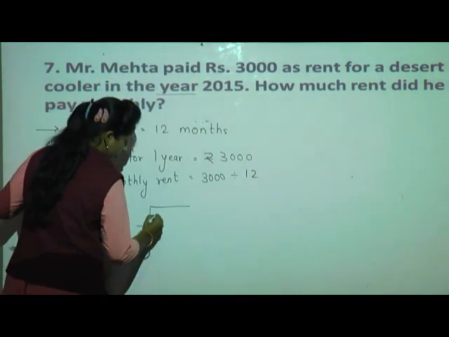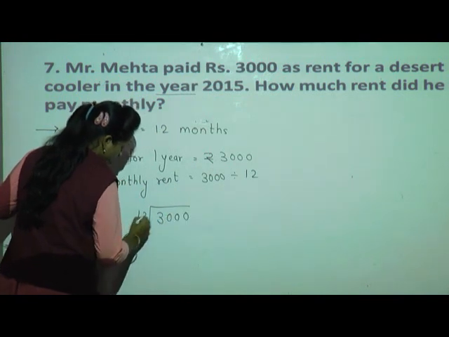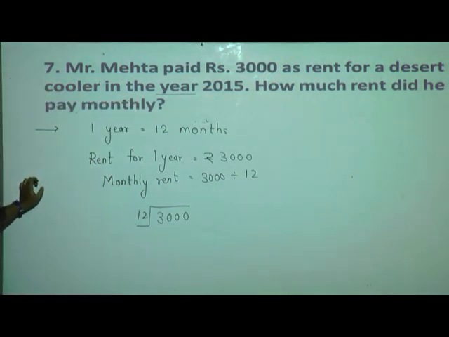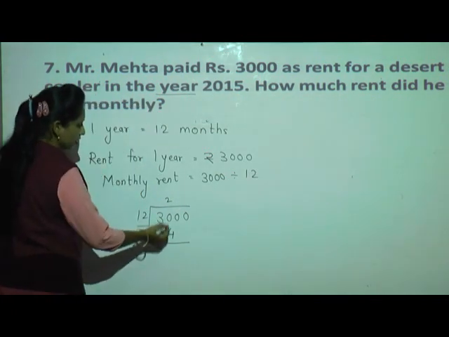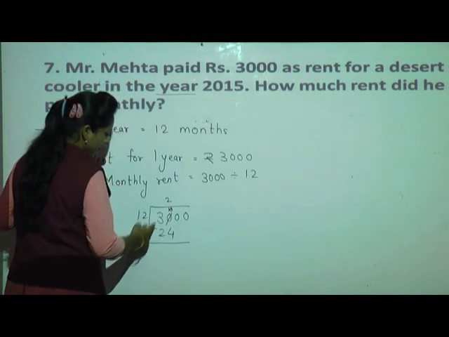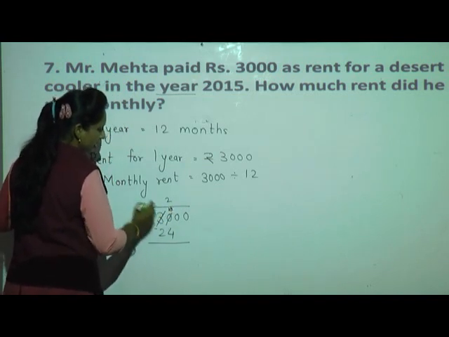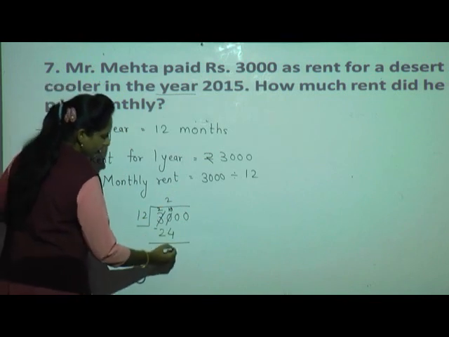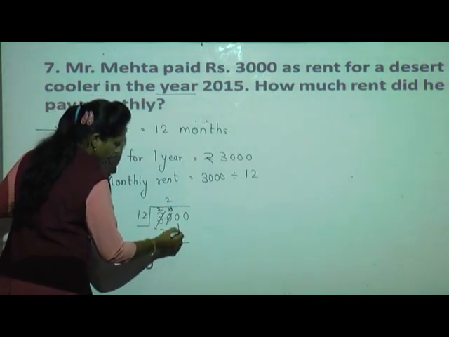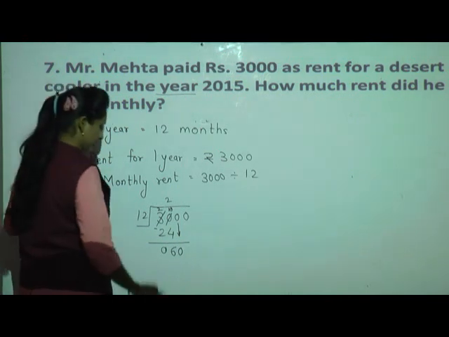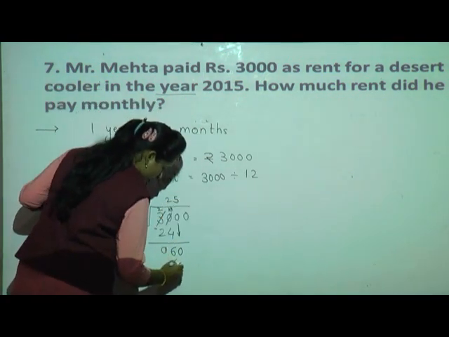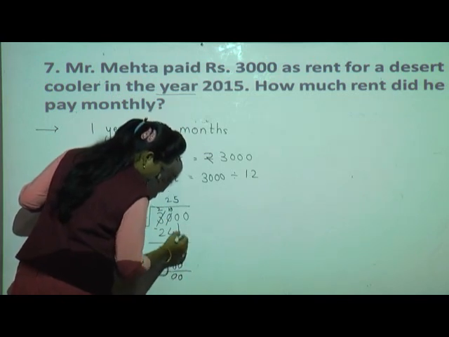Now do the division. 3000 divided by 12. Now in 12 table 30 is there? Yes? No? What is less than that? 12 2s are 24. Now do the subtraction. 0 minus 4. We cannot cut the 0 right as it is. Take borrow from neighbor. Neighbor is having 3. He will give 1. 2 will remain. Now 10 minus 4 is 6. 2 minus 2 is 0. Now bring down one more 0, the next digit. Now we are having 60. Now see in 12 table 60 is there? Yes. 12 5s are 60. 0 0 when we subtract.